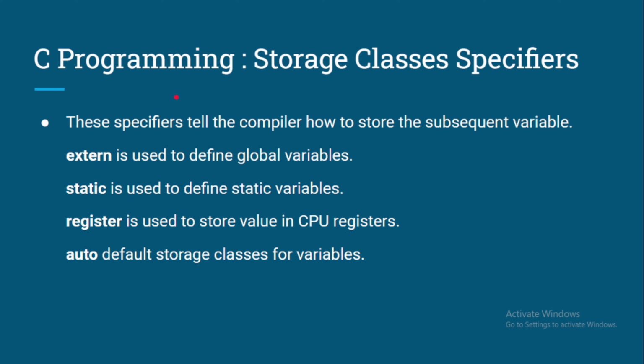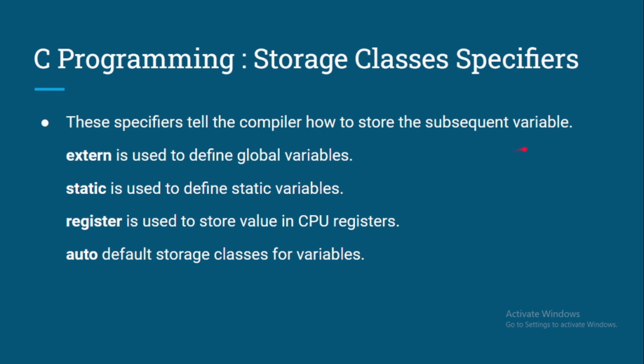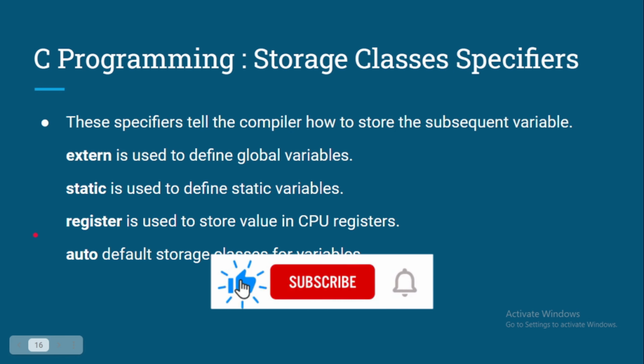So in this video we will learn what the storage classes specified in C programming are. We have different storage classifiers which tell the compiler where we will keep a variable: in memory, register, stack, or whatever storage is available in our computer. Simply put, it tells us where we are going to store a variable. We have majorly four storage classes in C programming.